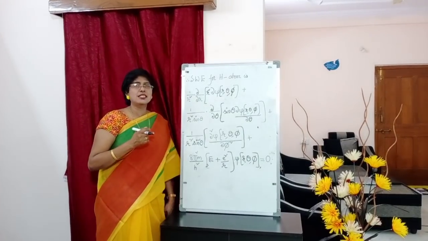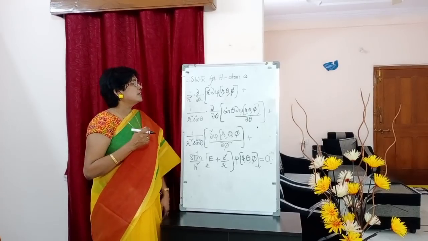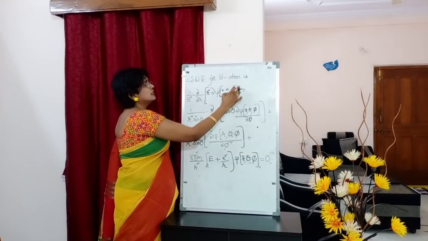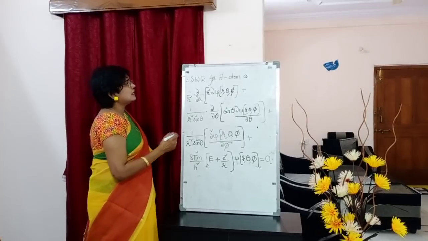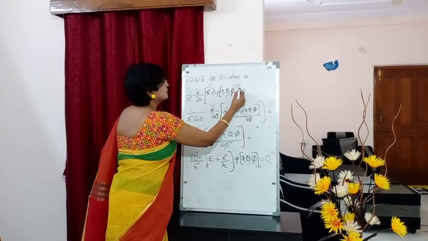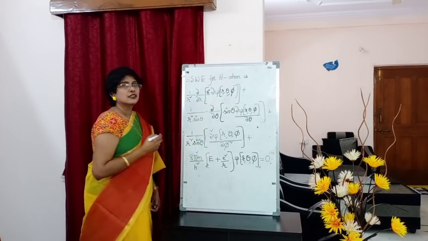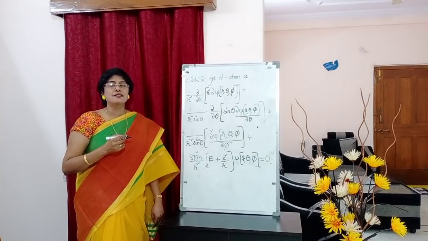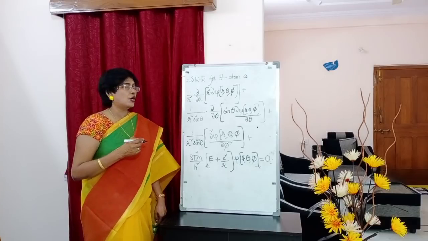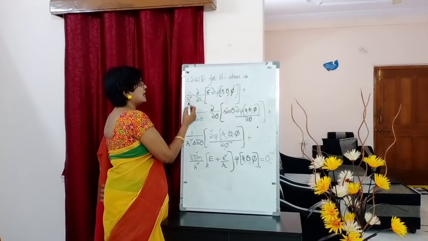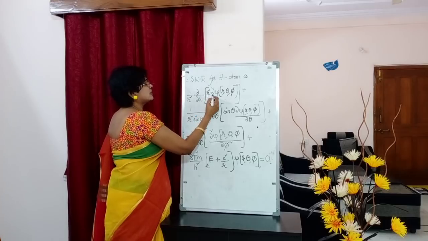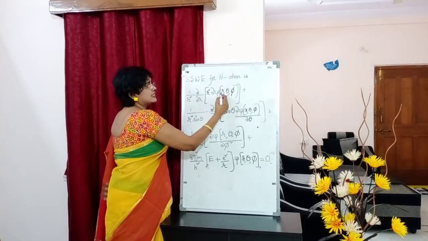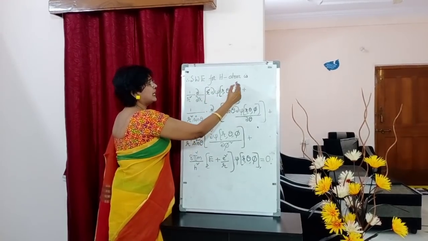You know, students, psi is the wave function, psi of r theta phi. So instead of x, y, z we are using r theta phi, which are nothing but spherical coordinates. Okay students, 1 by r square into dou by dou r into r square into dou psi of r theta phi, close it,